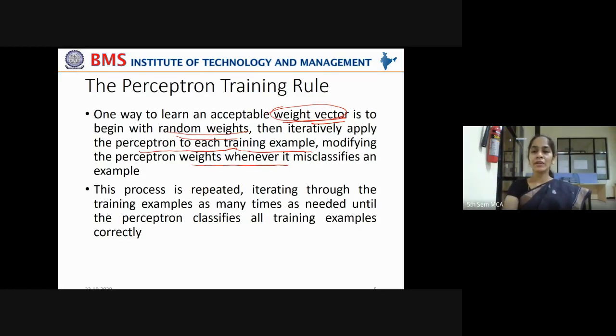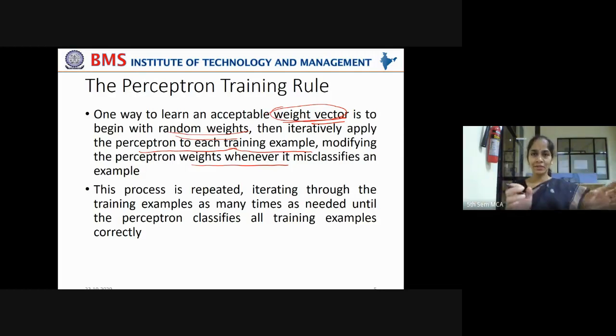That is how the perceptron is iteratively applied to each training example, modifying the perceptron weights whenever it misclassifies an example. Correct? Start off with some set of weights. Whenever there is a misclassification, adjust the weights and see if you can reduce this misclassification. If the misclassification is being reduced, okay. Once it reaches some optimal prediction, the weight adjustment will stop because you reached optimal prediction.